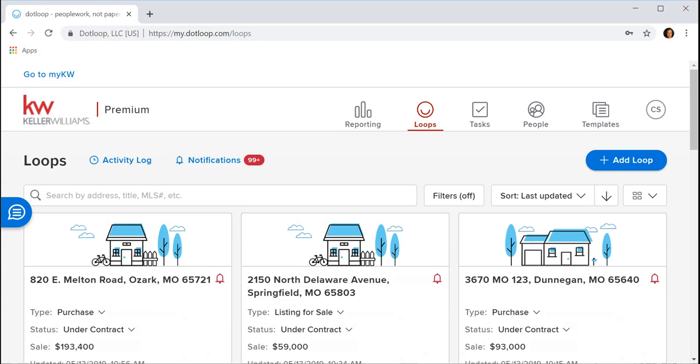Once you get something under contract, if it's a listing, you may have already put stuff in the loop, like all the listing documents. Or if you have a buyer, maybe you've already set up the loop under their name so you can have their buyer docs in there. But if you have something under contract and have not started anything,